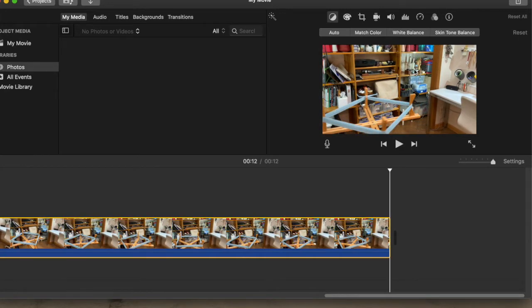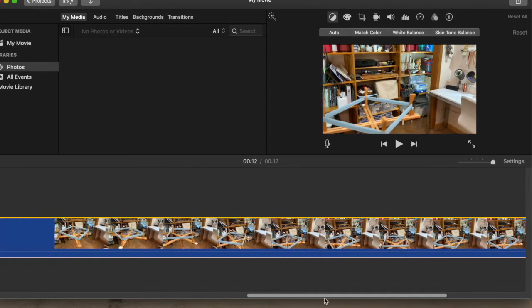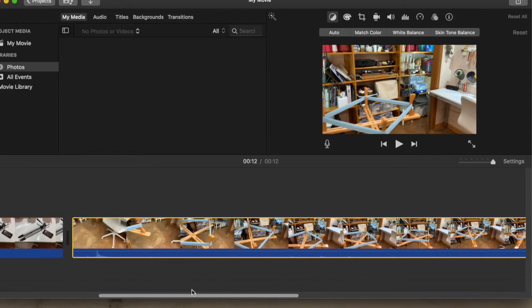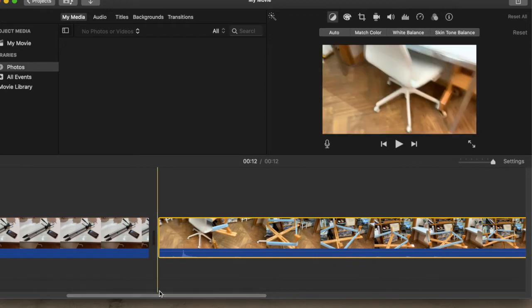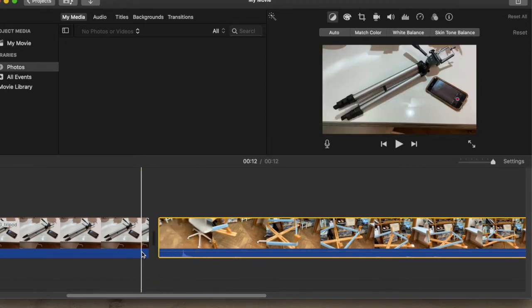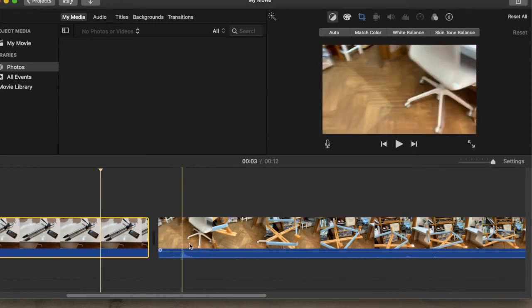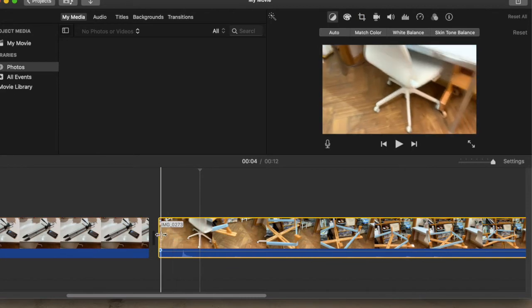Okay, so now at the beginning of that, I'm going to use the scrubber bar and go to the beginning of that video. There was this chair scene here that needs to be cut out. So you need to highlight this. You can highlight that one, highlight this one. If I can just cut it off that way,